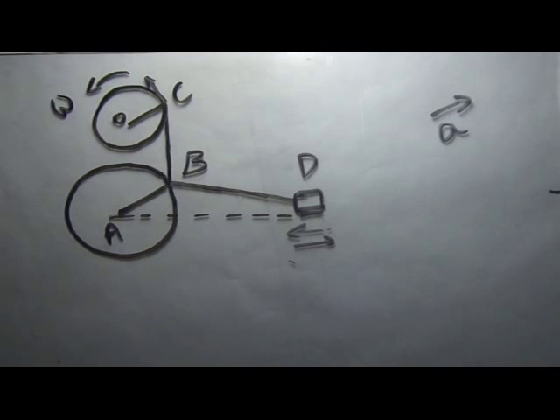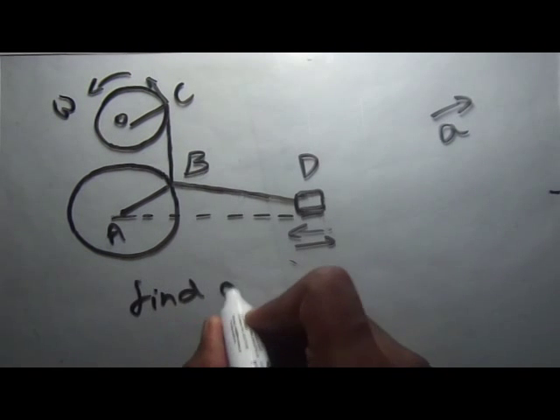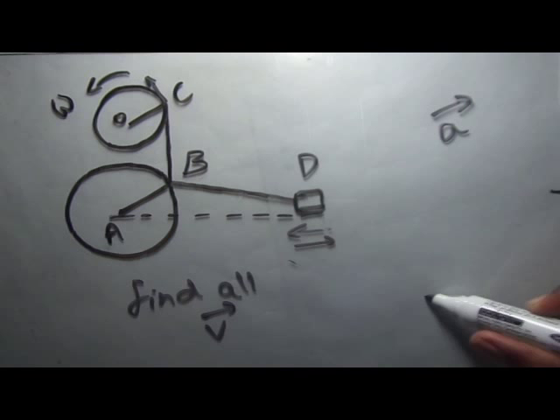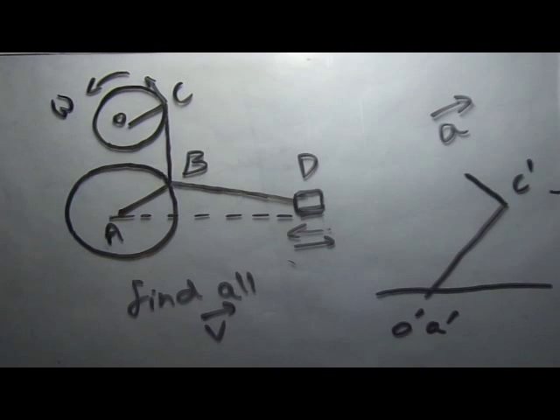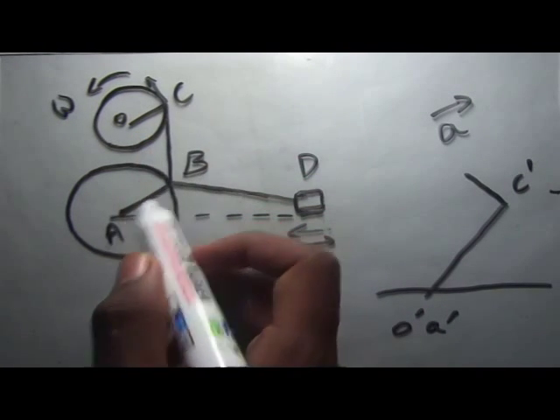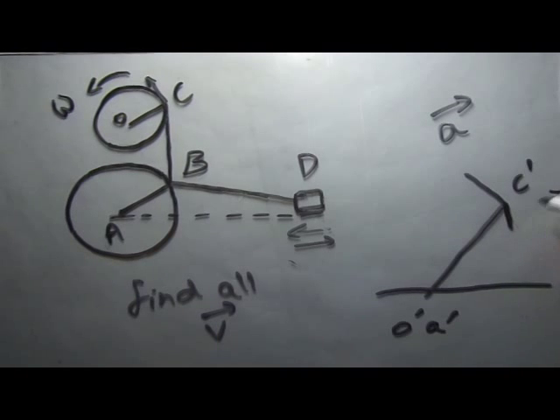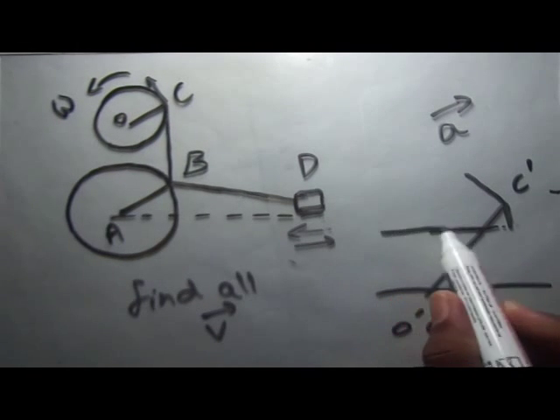Okay, next we move on to the acceleration diagram. Always start with the given data. We have the radial acceleration from OC, and we also have the surface. If you want, you can also draw the tangential acceleration for OC. Then we have the radial acceleration from BC. We also have the tangential acceleration from BC.